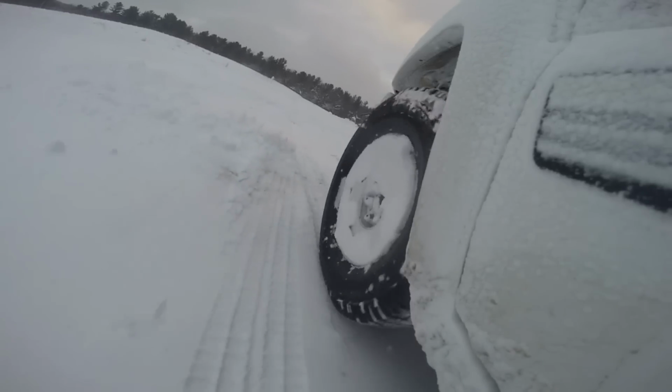It's cold out. So, reviewing the, what did I just get on here? Cooper snow tires, the 285/75R16 Cooper Discover M&S, on a 1999 Chevy half-ton 4x4 regular cab short box. Now, these tires are